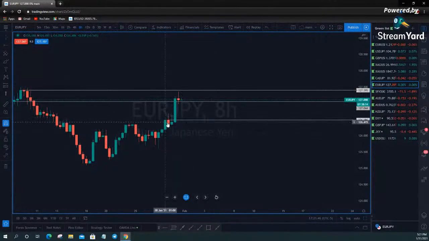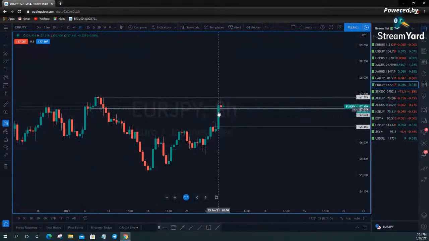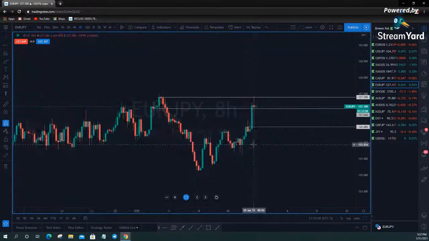Your first area to look for a support test and hold, if you're bullish, is 126.486, which is simply this bearish candle here. That is also your last swing high. All right. Last swing high since you pushed up Friday. So let's watch and see what happens here. If we do get a resistance hold or a support hold here, I might be looking at this target or this thing. That's all going to dictate what the DXY does.